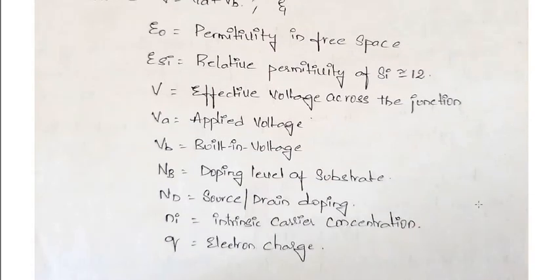So this is how we discuss the scaling of your substrate doping, or the scaling factor of the substrate doping. It means that when the length of your MOS transistor gets reduced, then obviously the width of the depletion region must also get scaled down, which provides the meeting point between the source and drain depletion regions. So these are the formulas, and it is about the scaling factor of your substrate doping. I hope you are clear with this part.